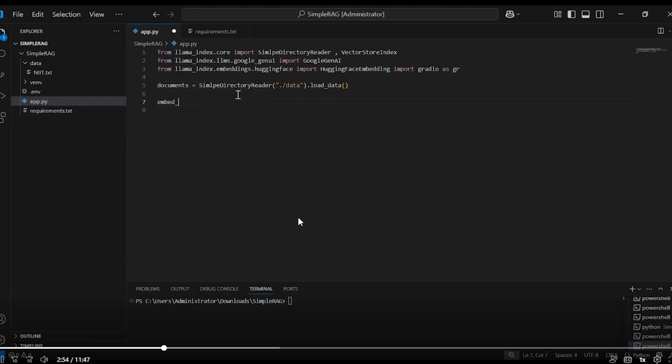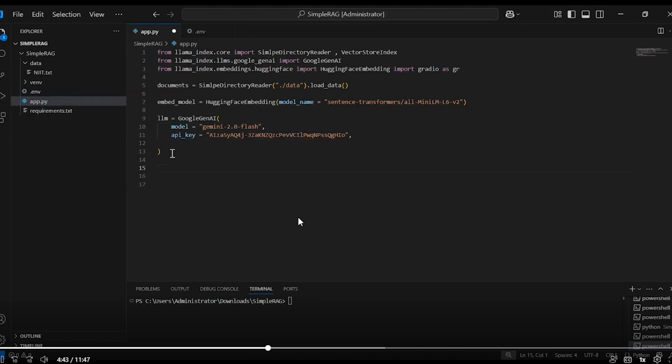Then we are setting up the embedding model. It uses a Hugging Face model to create semantic vector embeddings from text, and this helps the app find relevant documents for any user question. So next, let us connect to the Gemini model. So set up the connection to Gemini LLM from Google. And Gemini 2.0 Flash is a lightweight, fast variant, good for quick responses. Keep in mind, you should use an environment variable instead of hard coding your API key.